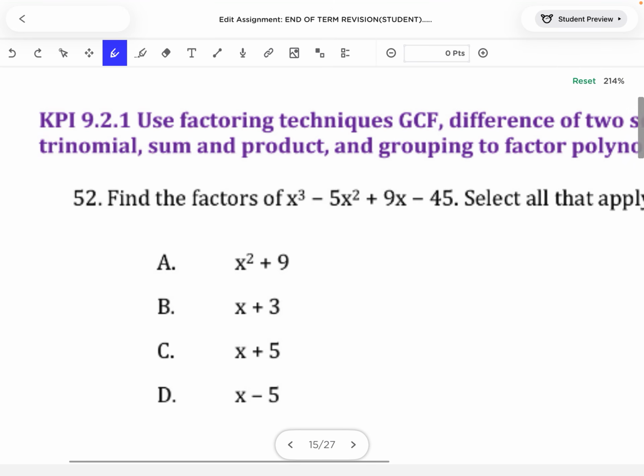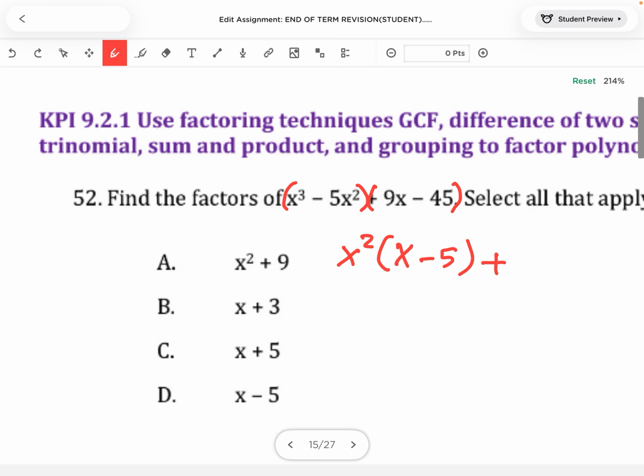Factoring. Since I have 4 terms, the main idea of the factoring is by grouping. We group the first two together and the last two together. Between the first two, the least power is x squared. Take it out, x cubed. When we take out x squared, you have only x. Negative 5x squared, x squared out, we have only negative 5. Plus,